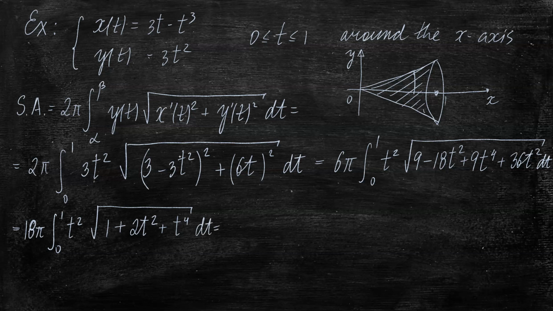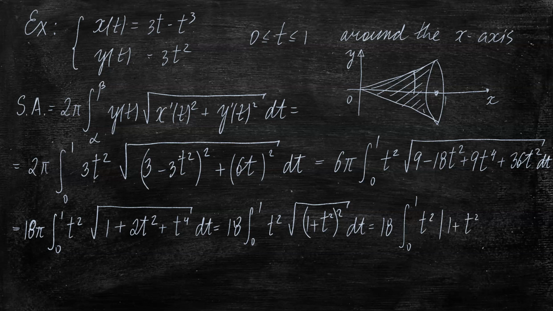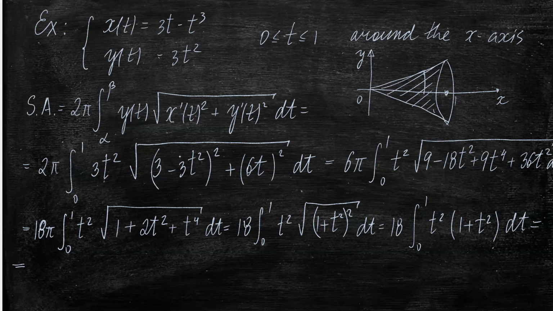And what we recognize inside of the radical is the perfect square of 1 plus t squared, squared. And the square root of something squared leaves us with the absolute value. But in this case, the absolute value of 1 plus t squared is redundant, because 1 plus t squared is always positive, so there's no need to write the absolute value around it. And finally, we get a very simple integral,